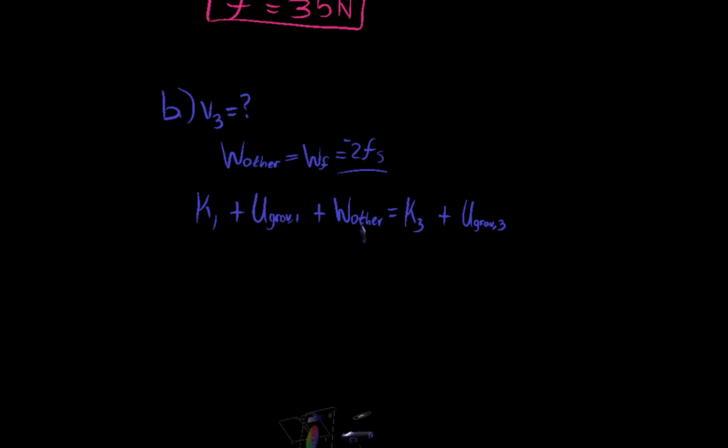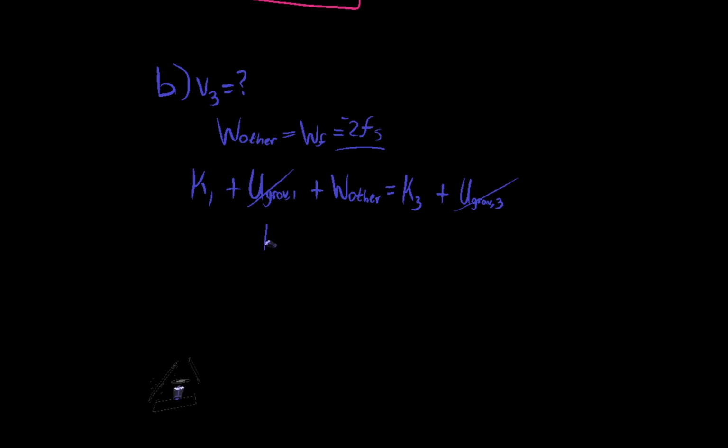What can we cancel out? Certainly not work other. We already know what that is. At the start, when it starts going, there's kinetic energy because we shove it off, but there's no potential energy because it's at the ground. And at the bottom, it has kinetic energy, and there's no potential energy again. So what we're left with is K1, and I'll just skip straight to writing it out. So 1/2